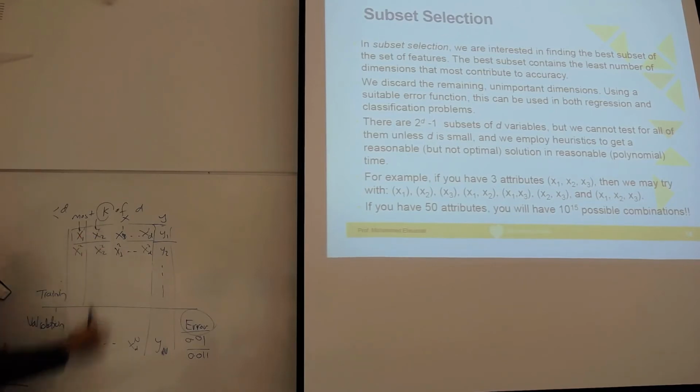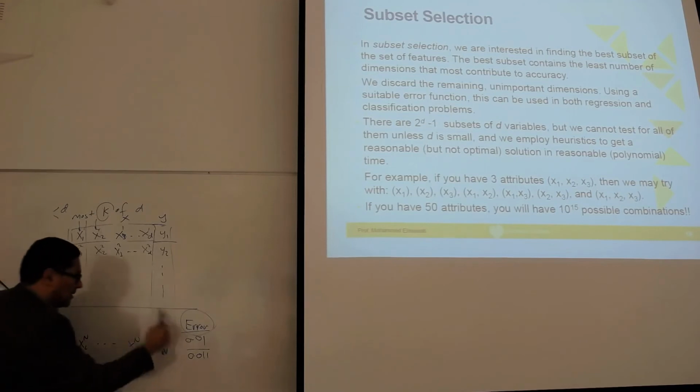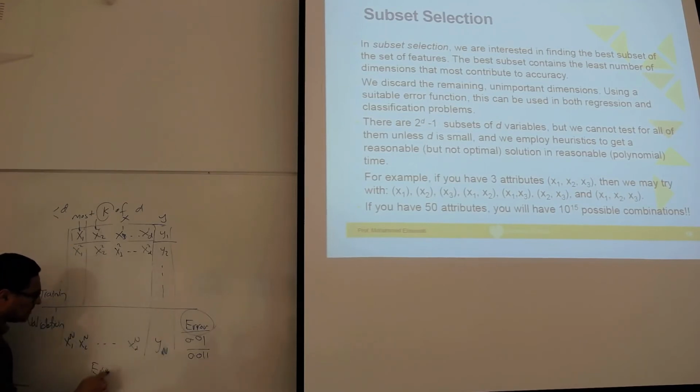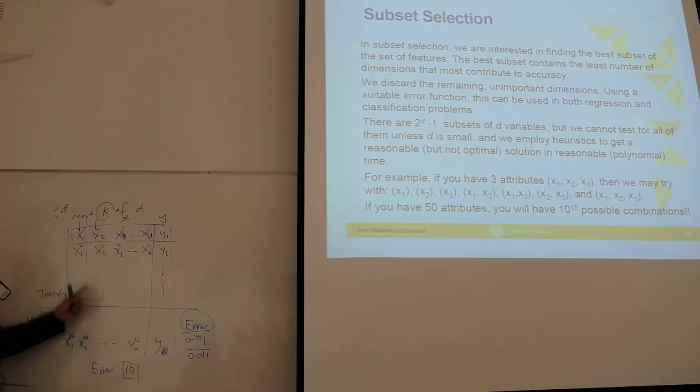Assume that when you remove x2 and repeat the same learning process again, the error over the validation becomes, let's say, 10. What it means is that x2 is critical, it's very important for our data. So the information carried by the feature x2 is extremely important, so it shouldn't be removed. Okay? Now we repeat with x3 and so on. Once we complete them, then we start to remove 2 by 2.